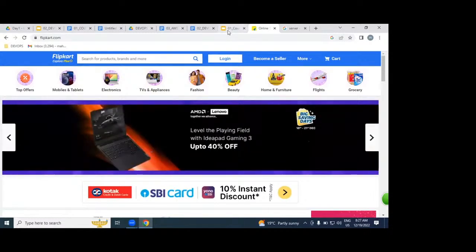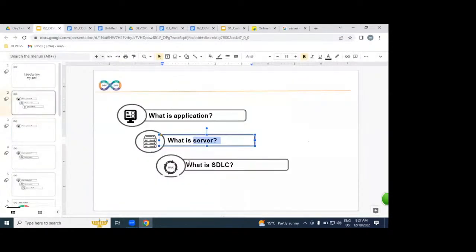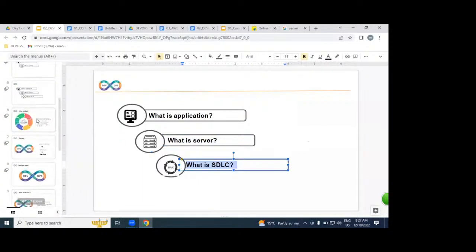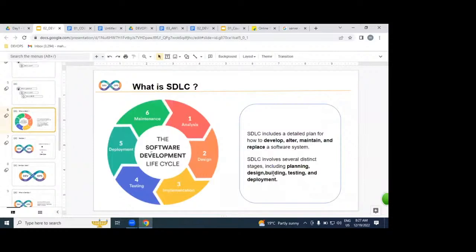But the next question is pending, guys. Please tell me, what is SDLC? How many people are aware of this? Online students can reply. How many of you know, and how many of you don't know? If you know, say yes sir, I know it.